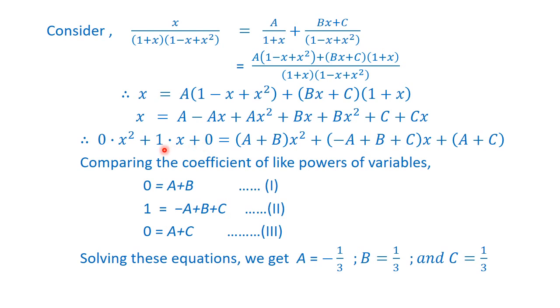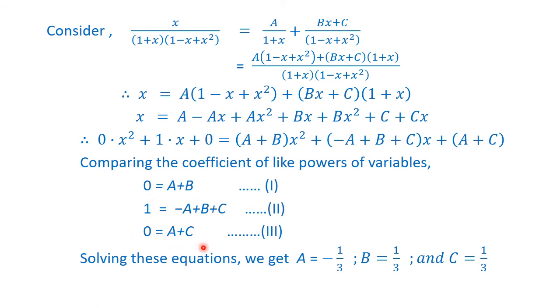Isn't it? Now, comparing the coefficients of like powers. Therefore, coefficient of x square: on the LHS 0 and on the RHS a plus b. Coefficient of x: 1 is equal to minus a plus b plus c, and constant: 0 is equal to